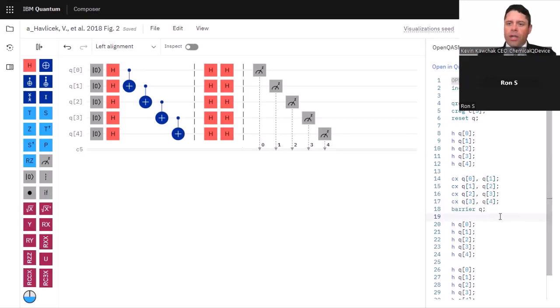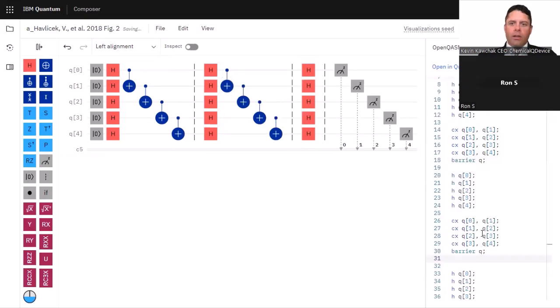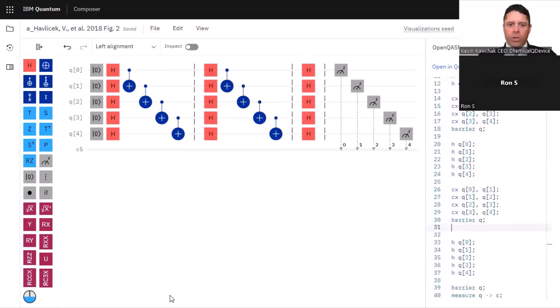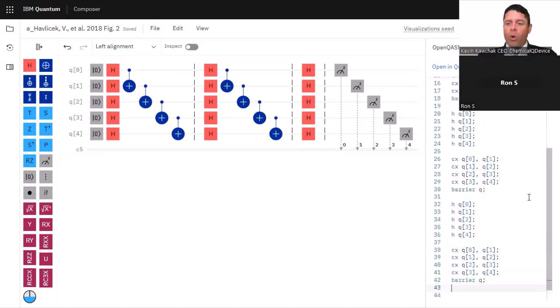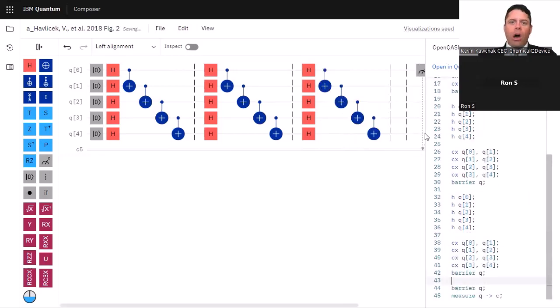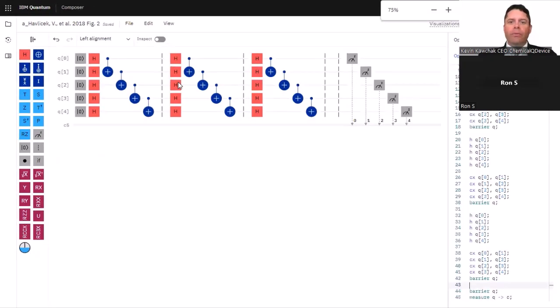So let's go ahead. You see, I needed that barrier there. Say for instance, 1, 2, 3, 4, and there's many types of quantum circuits that will run. The ones that you're trying to find out are the ones that run well, high accuracy, low loss, those types of things. So you can see in specific with this one, and without getting into too much detail,